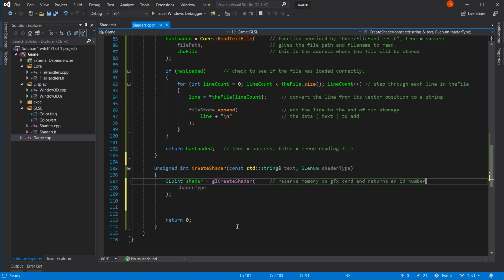Doesn't use addresses. It likes ID numbers. Uses an ID number table. Yep, that's okay. And that just tells the GFX card which shader to use, which specifies the type of shader. Yep.